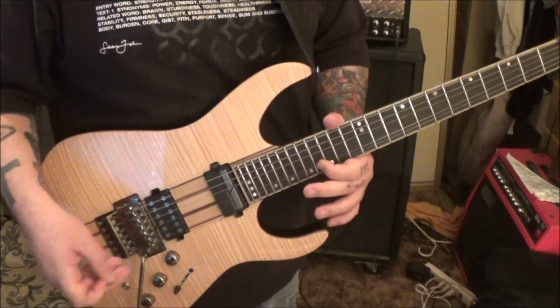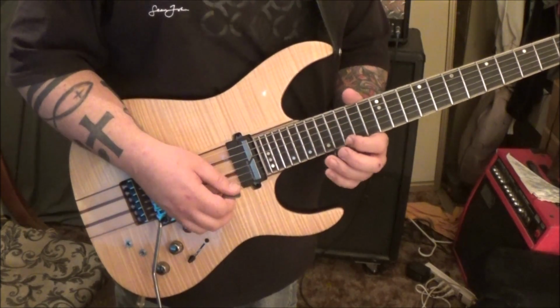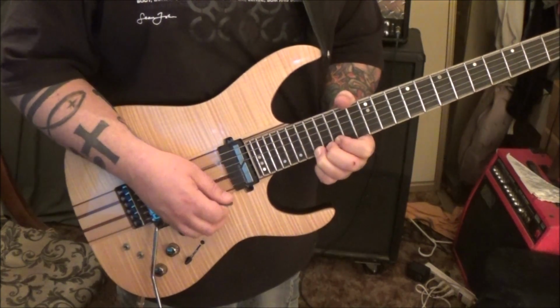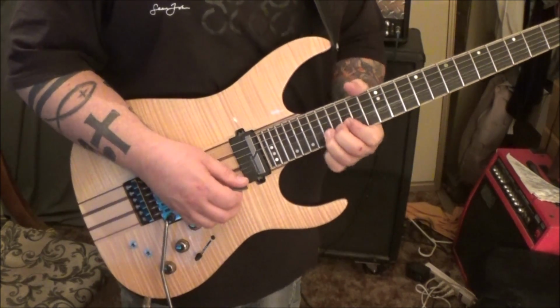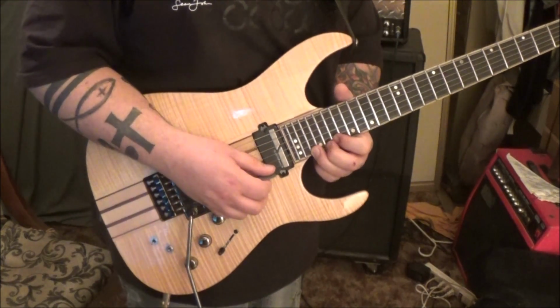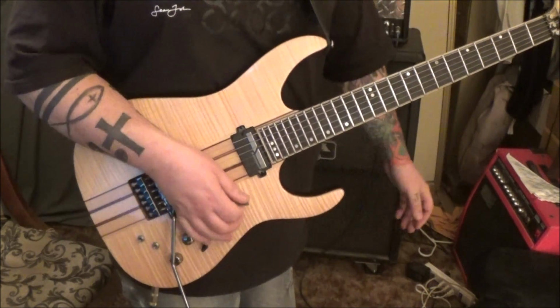So it's 422 on the high E, 15, 17, 17, half step, vibrato. 17, half step, bend, release. Pull to 15, 17E, half step, vibrato. Pre-bend, half step, release, 17E. Pulling off to 15, then we jump to 22E, bend, vibrato and slide. Okay,